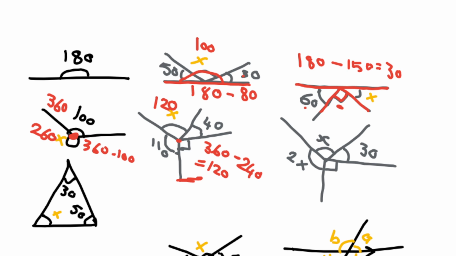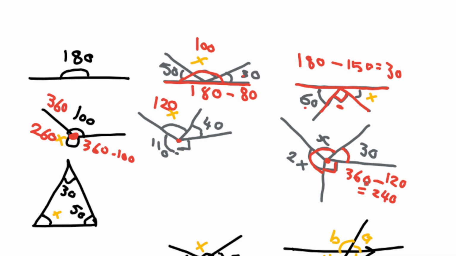Now, let's look at the next one. Similarly here, it's a point again, and they add up to 360. Now, they gave us x and 2x. Let's first find the sum of x plus 2x. How do we do that? We will do 360 minus this angle, 30, plus 90, the right angle. So 30 plus 90 is 120. 360 minus 120 is